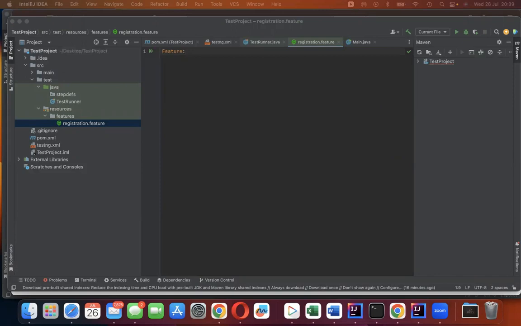And it basically describes the current test scenario that is about to be executed or that you're currently writing. So what we are going to be doing now is to describe the test we are trying to do. We are trying to run a registration feature file for a registration page. So I'm going to call the name of the feature something meaningful, like